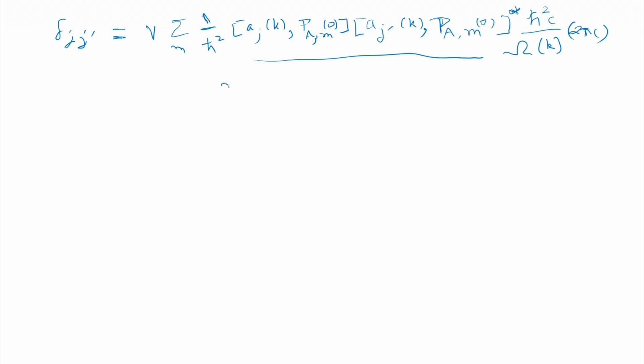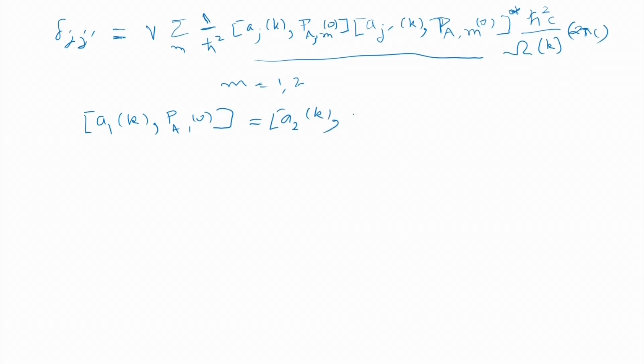Notice that this M index can be either 1 or 2, because there are two polarization states, and so I'm going to make the following assertions: that the commutator of A1 with PA1 at 0 is the same as the commutator of A2 with PA2 at 0, which is